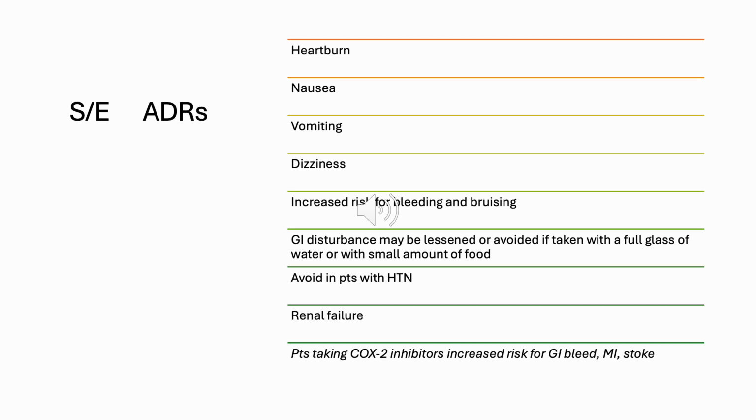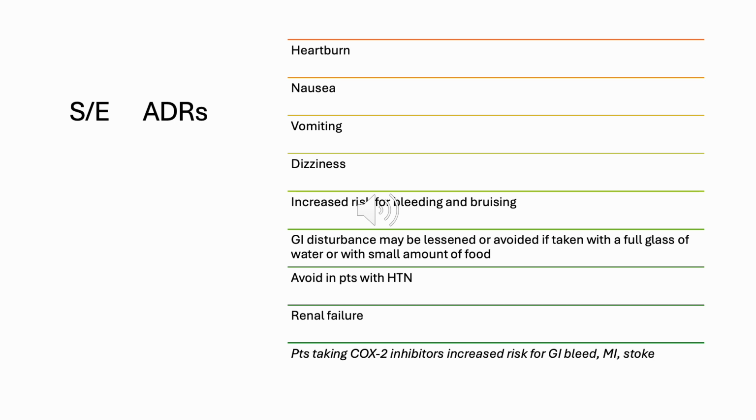Common side effects of non-selective NSAIDs are heartburn, nausea, vomiting, dizziness, headache, and increased risk of bleeding and bruising. The GI effects may be minimized or avoided if the drug is taken with at least a full glass of water. If the medication does cause mild GI upset, the patient may take the medication with a small amount of